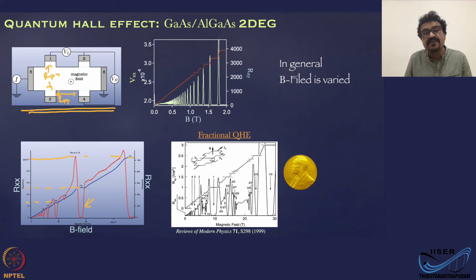This, if time permits, we will try to discuss in one of the classes, but it's not going to be discussed in detail anyway in this course, which is beyond the scope of this course. Okay, but this is called fractional quantum Hall effect, where you have resistance quantized at certain fractional values such as one third, 2/5, 7/3, 9/4, and all these values, which are marked here. That earned a second Nobel Prize for the quantum Hall effect phenomena. The first one was for integer quantum Hall effect. The second one was for the fractional quantum Hall effect.